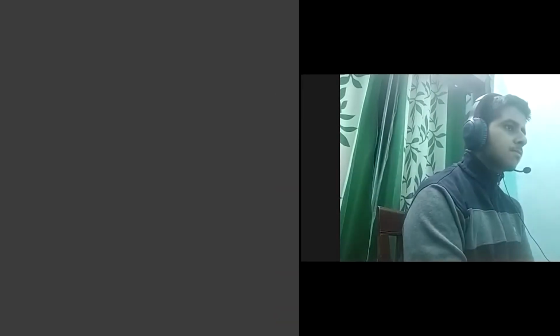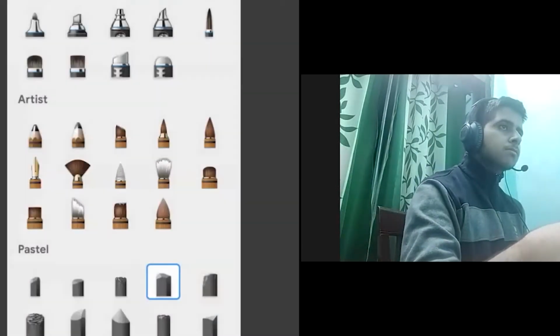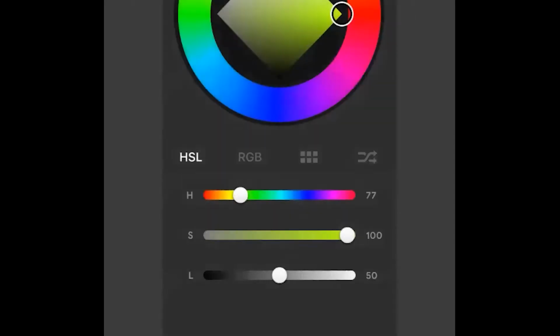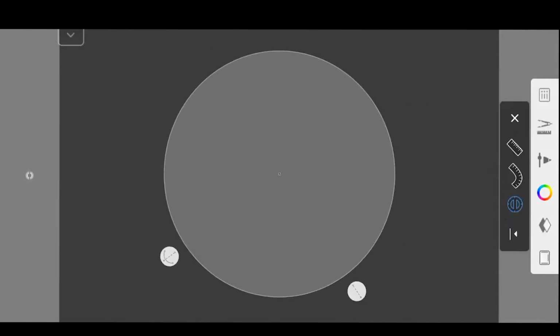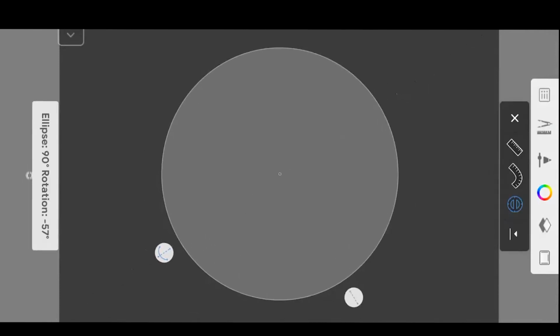Okay. So now I'm in the Autodesk app. So first, I will select this pastel here, the streaky one, and then the color, the green one, the trademark signature, and after that, I will select a layer. This will be the basic template first. So first, I will create a basic template that is a 2D one, and then after that, I will start sculpting it. I will do the 3D one so that it will look as if it is a real one.